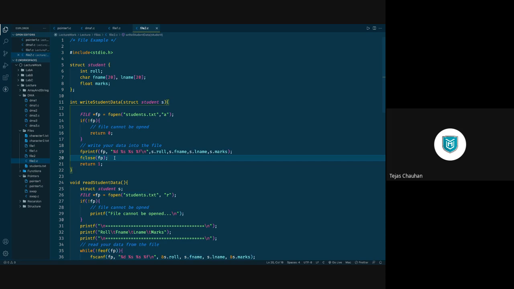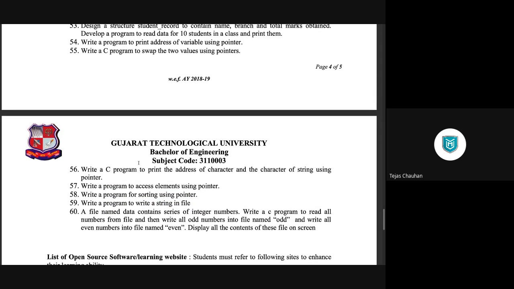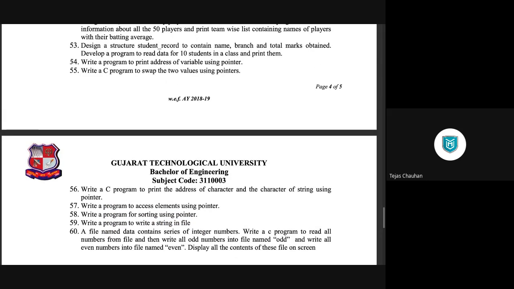And that's the 59th program. So your target today is to complete the 54th one, then the 56th one, 57 and 58 in a single file, and 59. So in total you have to do 4 programs today. Okay, only 4 programs today. The 55th program we are going to skip, we have already done it.